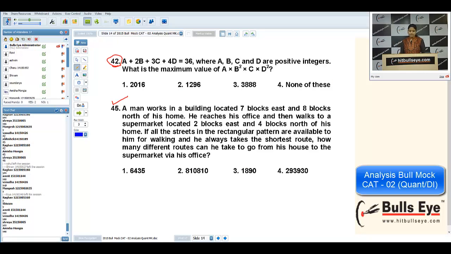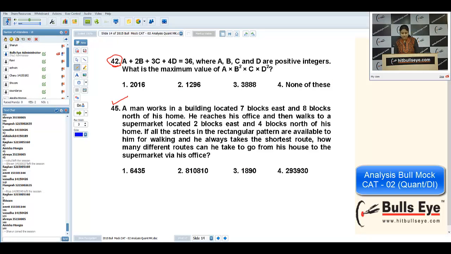Now I'm going to take a question. A man works in a building located 7 blocks east and 8 blocks north of his home. I'm not very good at drawing. This is home and this is office. First of all, he is going to office from his home. That can be done in